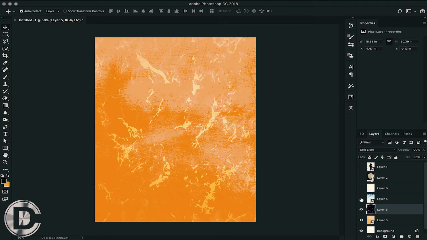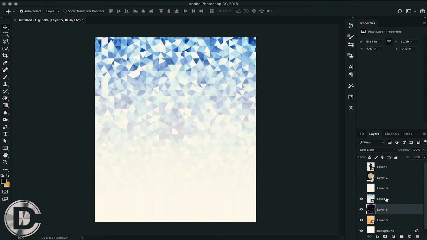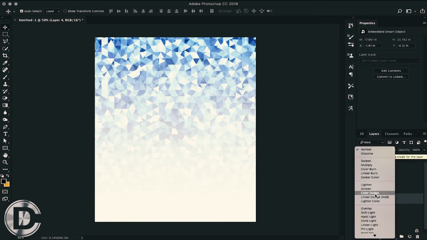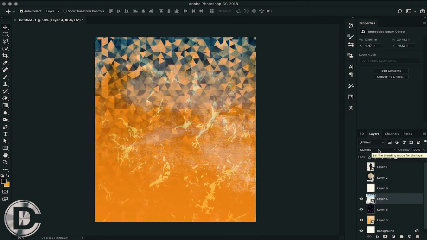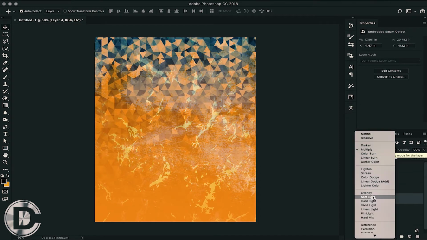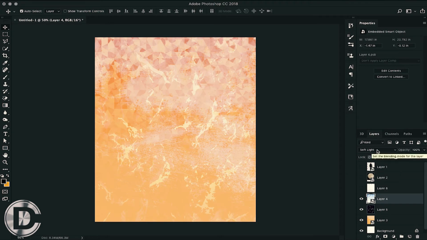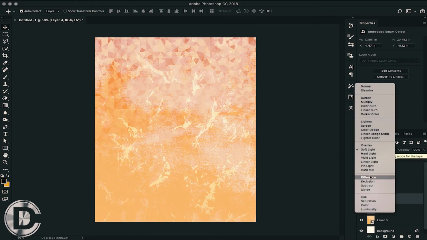Moving to the next layer, it's a different color. It's neither orange, red, or yellow. So it's a different frequency here. So I will simply choose a mode which will transform the image's color into a whole different shade. So I'm gonna choose from the comparative portion, which is difference, exclusion, subtract or divide.